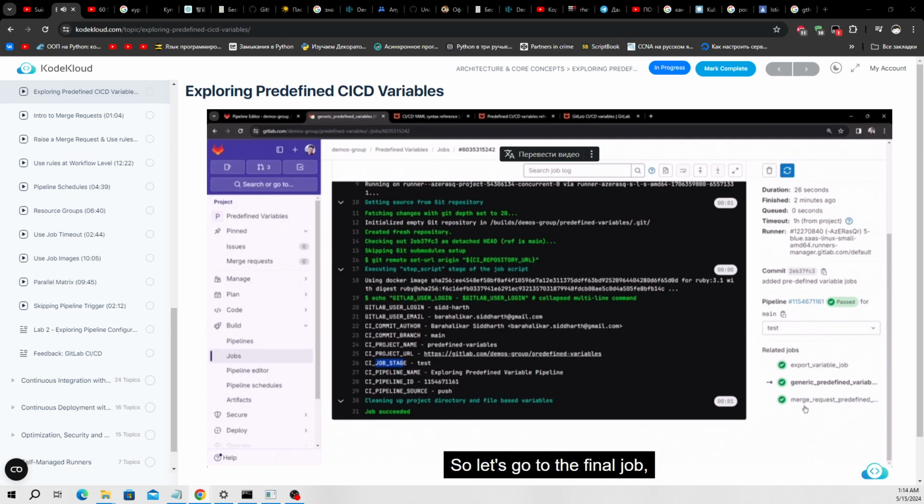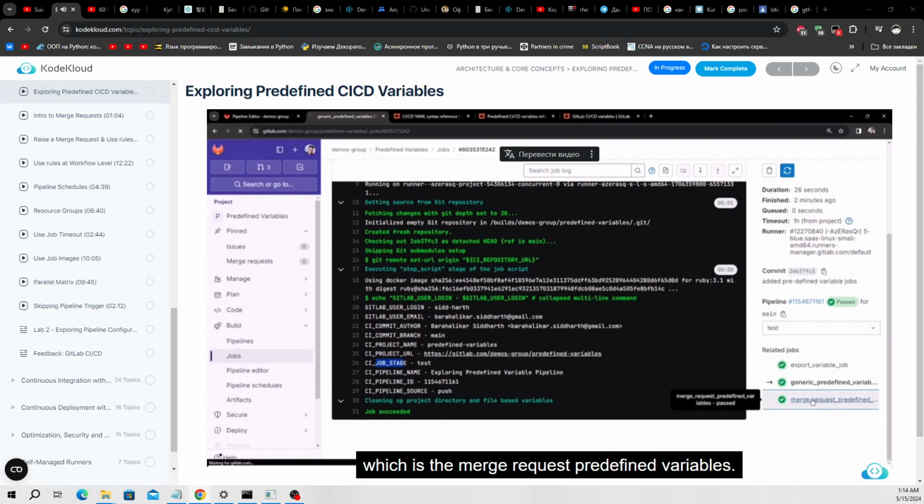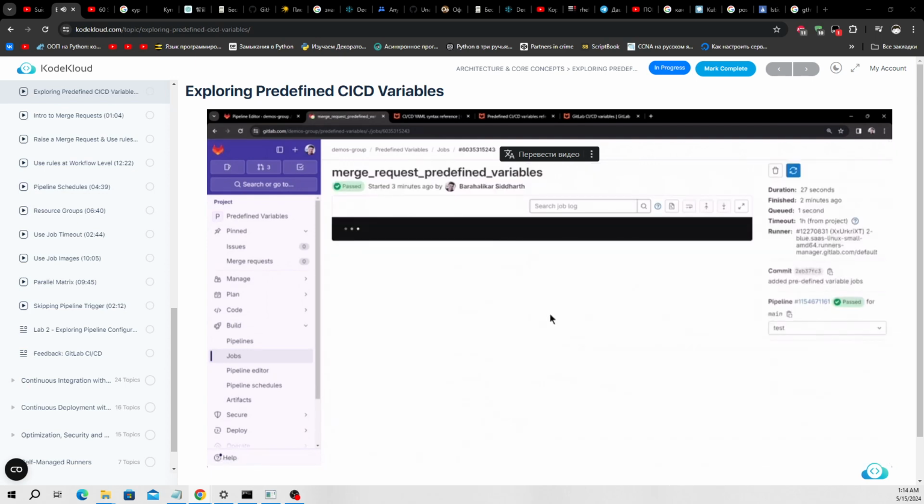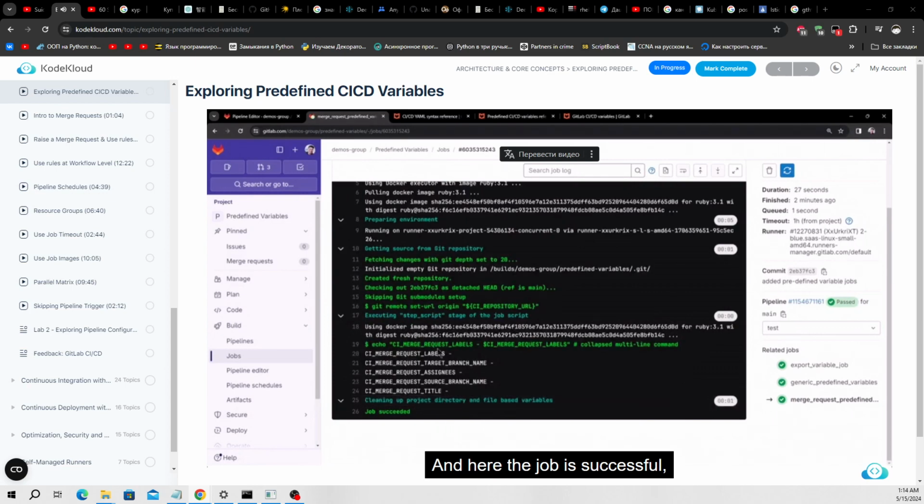So let's go to the final job, which is the merge request predefined variables. And here the job is successful, but I don't see the values. I can see the keys, but I don't see the values. The reason you're not able to see the values is that these variables are only available when you're working with a merge request. We'll talk about merge requests in the next session, but generally speaking, a merge request is